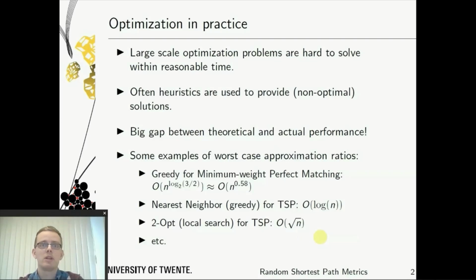I'm talking here about results on metric instances, since in practical situations the instances of many optimization problems involve either implicitly or explicitly a metric space. You can think here about physical distances between locations or travel times, but there are also other things possible, like transportation costs. This standard involvement of metric spaces is the reason that we compare with the worst case performance on metric instances. But even though we use this assumption of having a metric, there still remains a quite big unexplained gap between